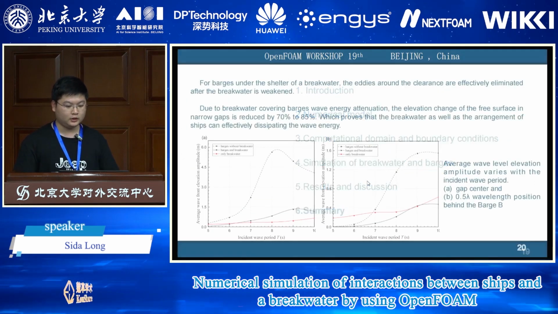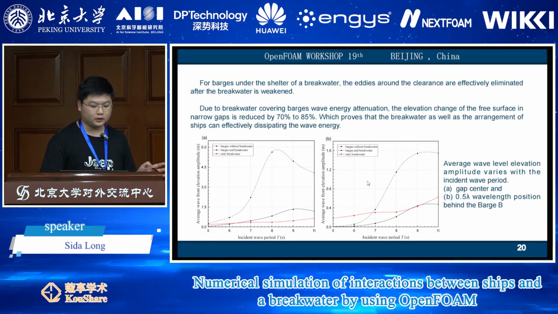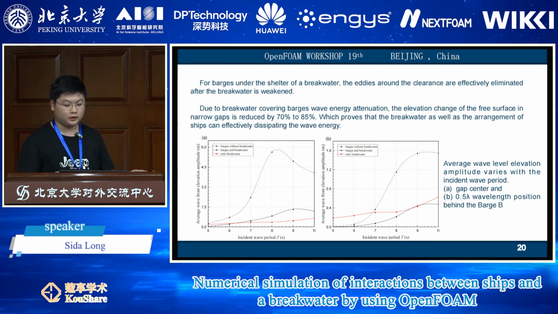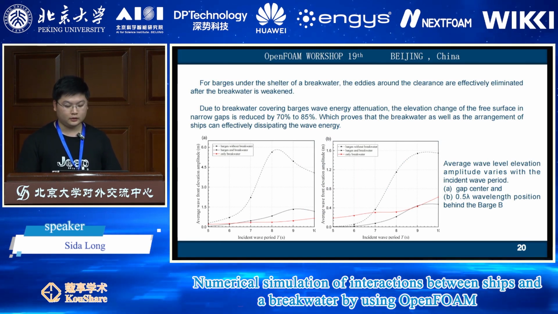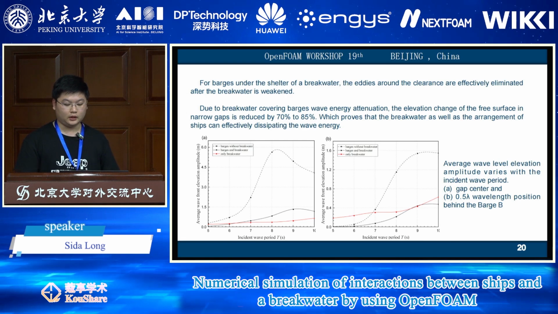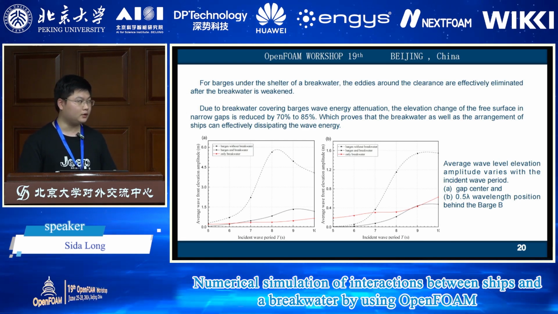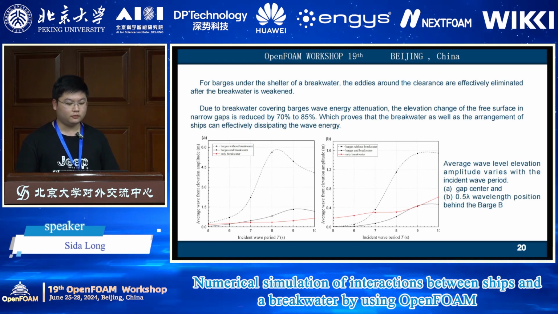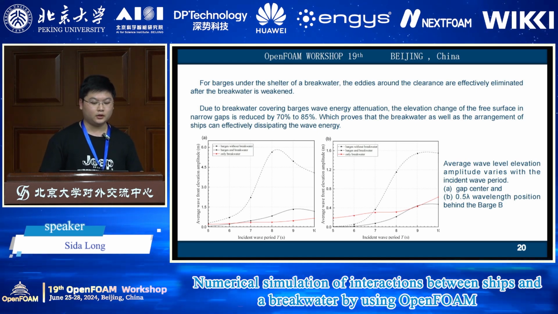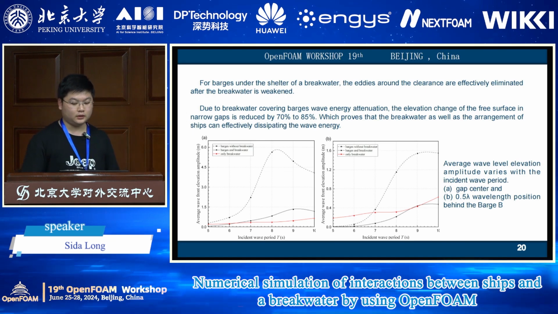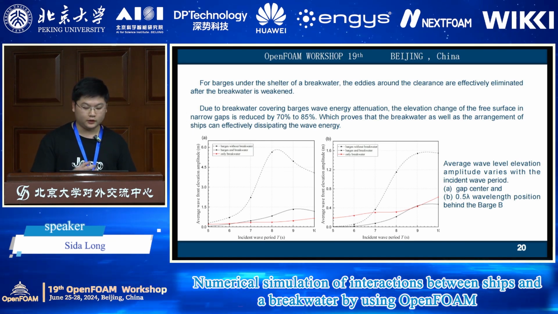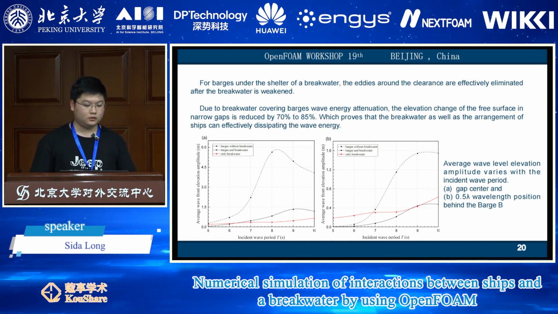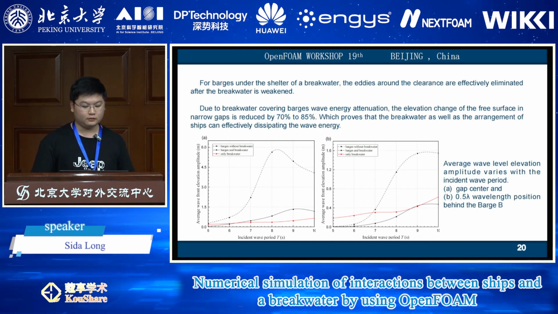Finally, the summary: this figure shows the average wave level evolution altitude varying with the incident wave period at the position of the gap center and 0.5 wavelength position behind barge B. For barges under the shelter of breakwater, we can find the eddies around the currents are effectively eliminated. Due to breakwater cover, barges' wave energy